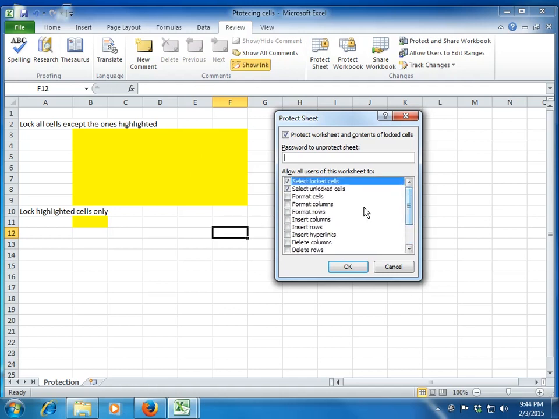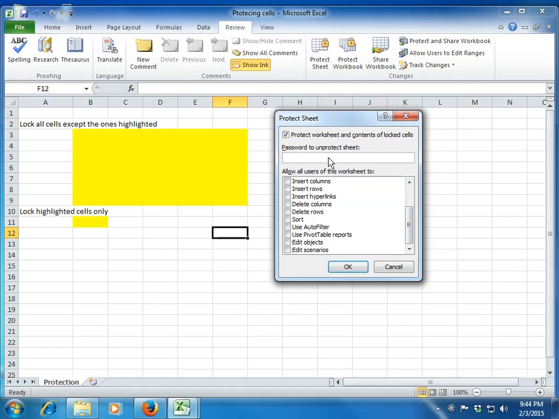They can select it, but they cannot make any other changes to your cell. But again, you can restrict or allow the user to choose one of these options. So they can format cells, maybe format columns, format rows. Whichever you tick will be allowed to the user. The rest will be locked and uneditable by them. You can also give a password to protect your sheet.